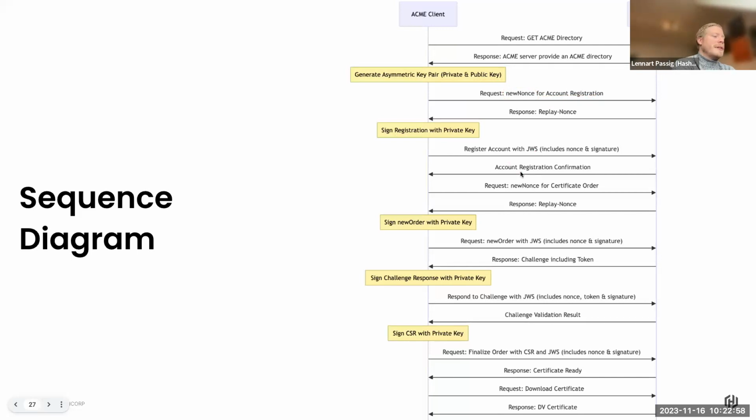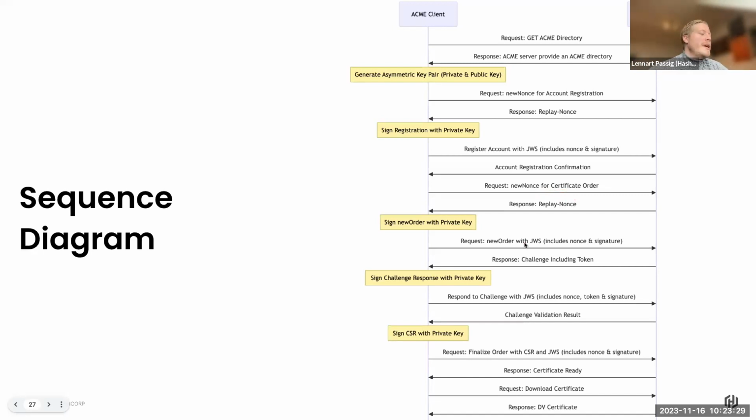Then you have the registration confirmation, and then you create a new order that we will see also in detail once we go into the hands-on lab. Then once the order is done, we sign the order with our private key and say, I want to have a new certificate, and we are presented with a challenge, including a token.